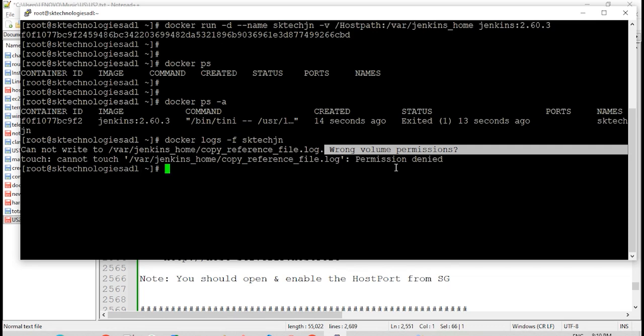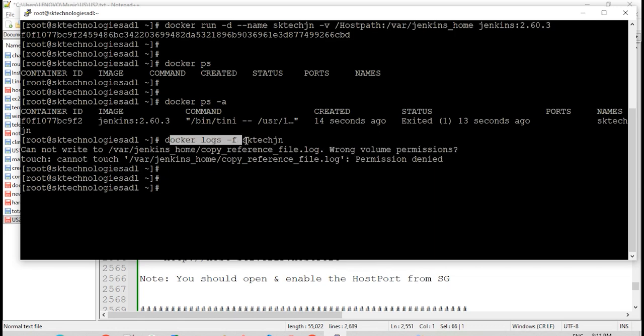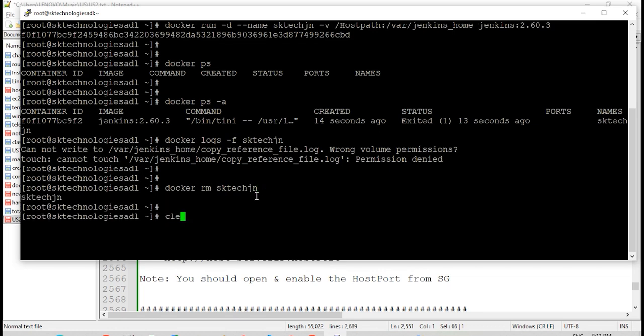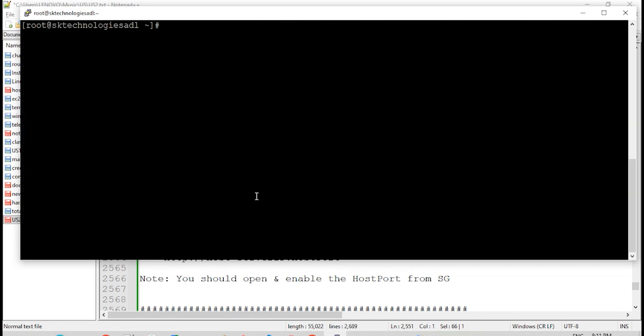But due to the permission denied, permission related issue we are facing here, that is the reason logs will help you guys. Fine, now we'll do one thing, we'll try to create an ubuntu container. docker run -d --name sktech ubuntu. Ubuntu means you have to pass